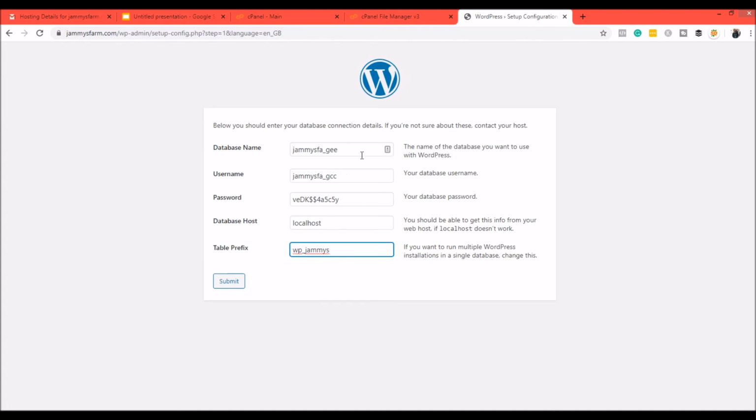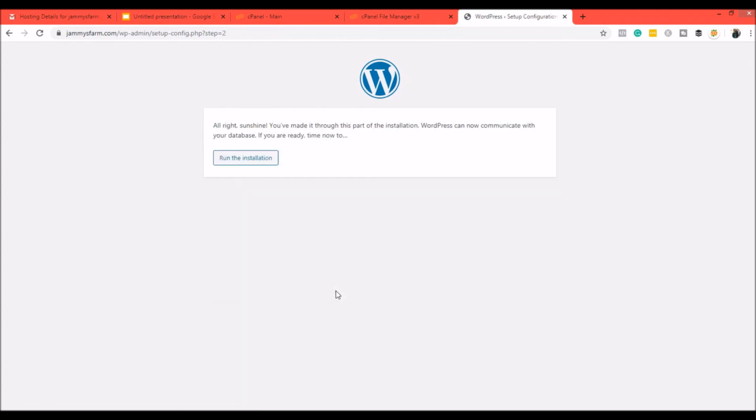So we have gotten all the information we need to continue. Everything is filled up. Now we just click on submit. Now if our information is okay, the installation process will continue. Yeah, we are good to go. All right, sunshine. That means everything is set. Now we can just run the installation. Okay,